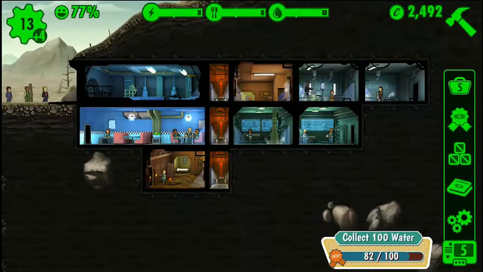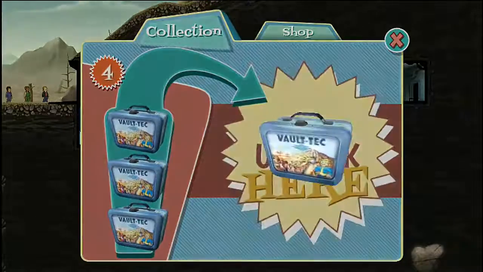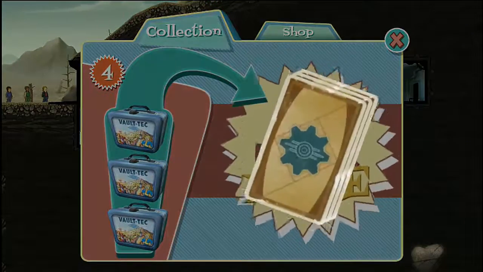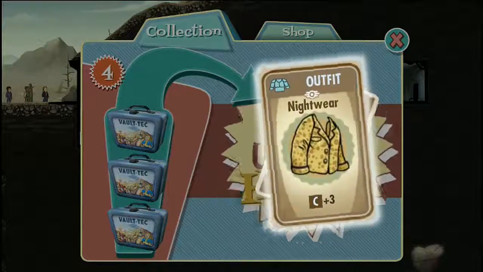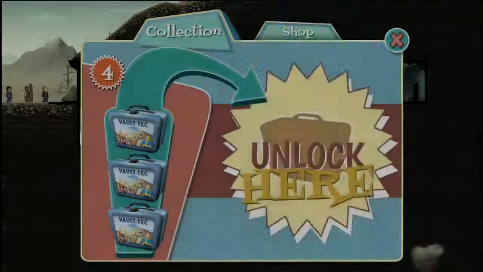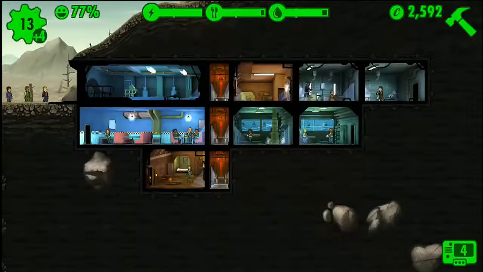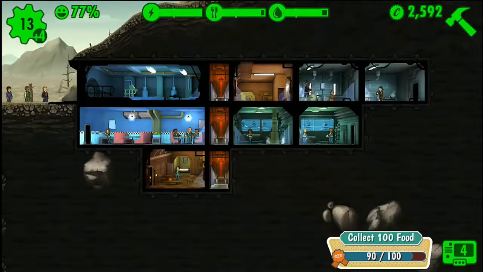Alright, now I'm going to go use one of these lunchboxes. I'm just going to use one. Alright, good stuff. Alright, now I'm not going to use any more. Okay, I'm going to close that. Alright, I'm going to let it run. I'm going to go back